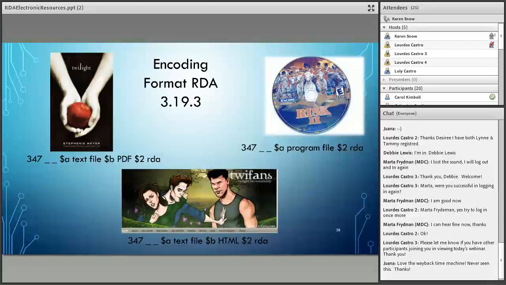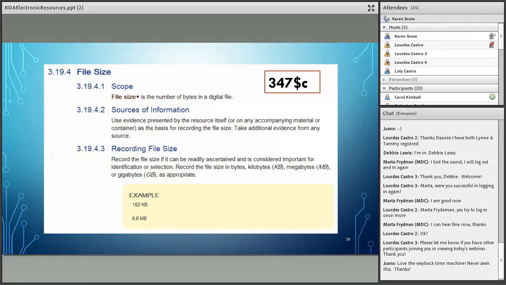For our text file, I know that both my electronic book and my website are text files. My website's obviously primarily HTML, and my book, I didn't tell you previously, is PDF, so I have that in subfield B for each of these. And then as we continue on through these, I'm just going to show you these so you're aware, but I'm not going to necessarily use every single one with each of my items because they don't always apply. For this one, if you do know the file size, then record it.